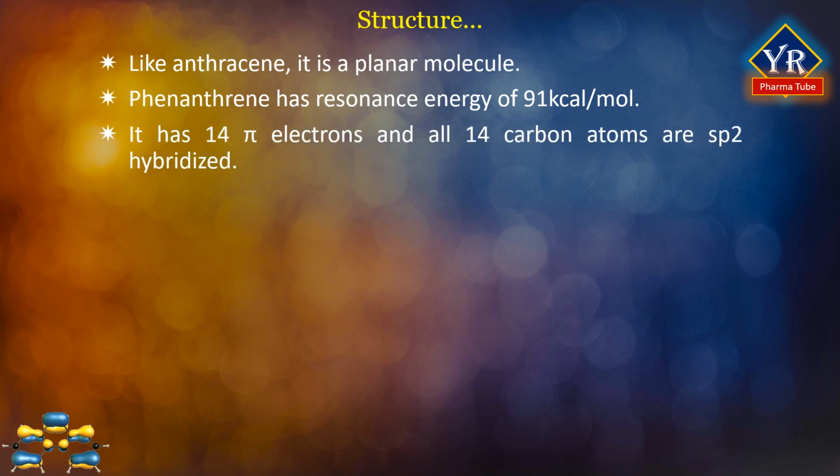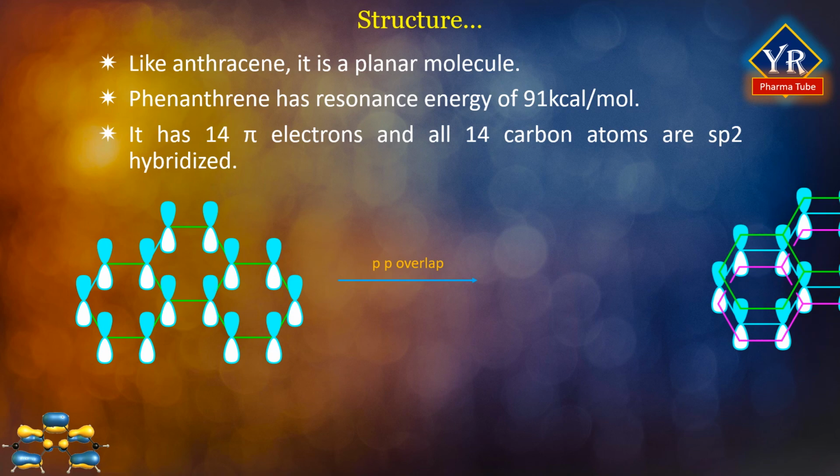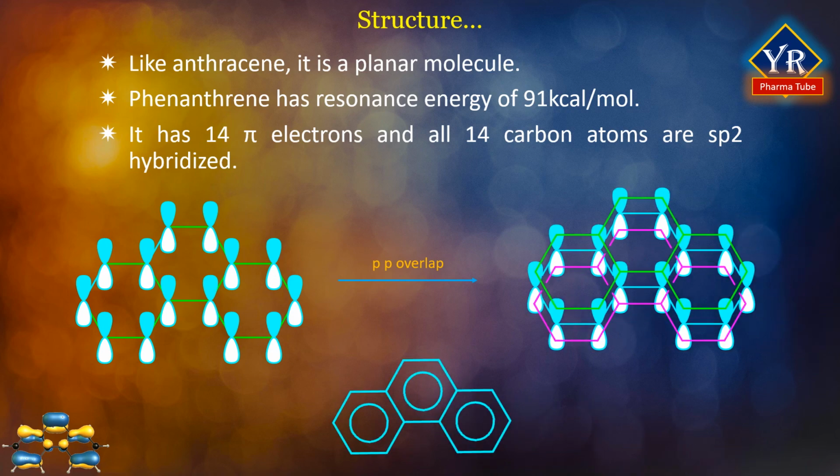It has 14 pi electrons in its 3 aromatic rings, compared with 18 electrons for 3 separate benzene rings, and is found to be aromatic in nature. Thus, all 14 carbon atoms are sp2 hybridized. The sp2 orbitals overlap with each other and with the s orbitals of 10 hydrogen atoms to form carbon-carbon and carbon-hydrogen